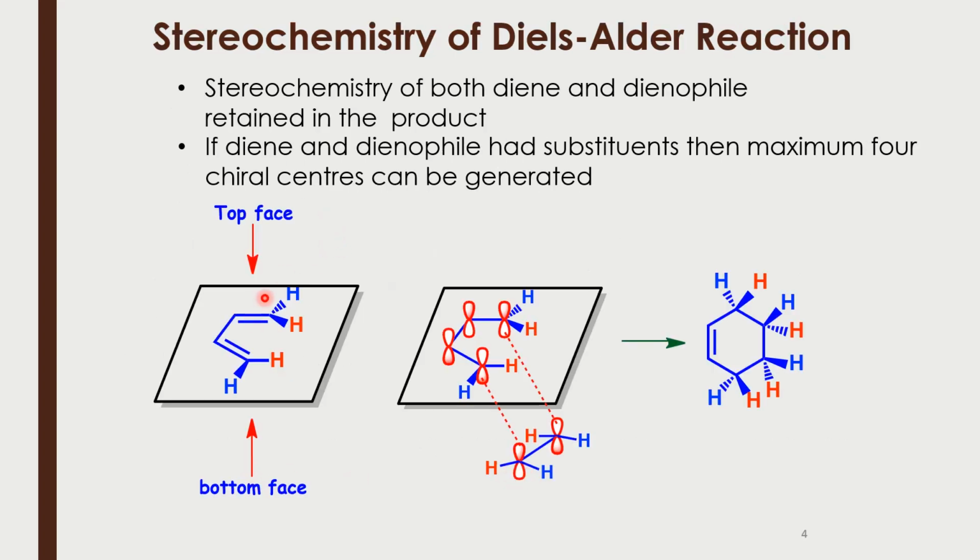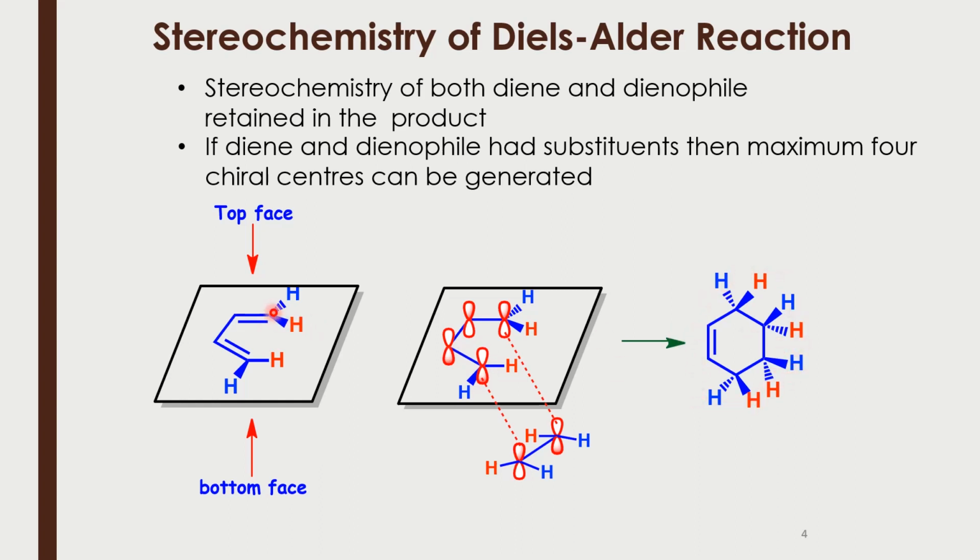So look at this. This is my diene. You have the top face and you have the bottom face. This is butadiene. And if this is ethylene, which is my dienophile, let us say it's approaching from the bottom face. So when it approaches from here, this is the kind of product that you are going to get. Now, since there is no substituent on my diene, I do not have any chiral centers in my product. As ethylene also is achiral, butadiene is also achiral, the cyclohexene derivative is achiral.